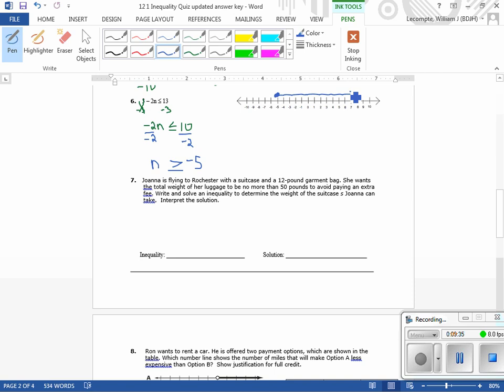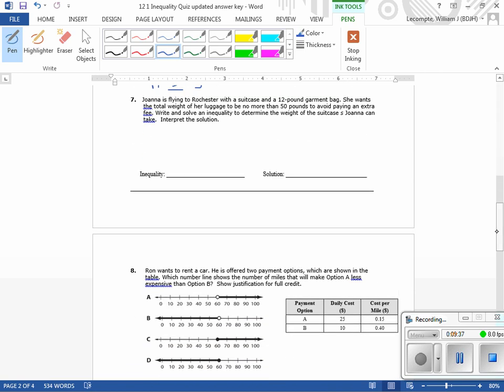Number 7. Joanna's flying to Rochester with a suitcase. How many suitcases? 1. And that means addition in math, plus a 12-pound garment bag. She wants the total weight of her luggage to be no more than 50 pounds. No more than 50 pounds. So now I have a suitcase plus a 12-pound garment bag is less than or equal to